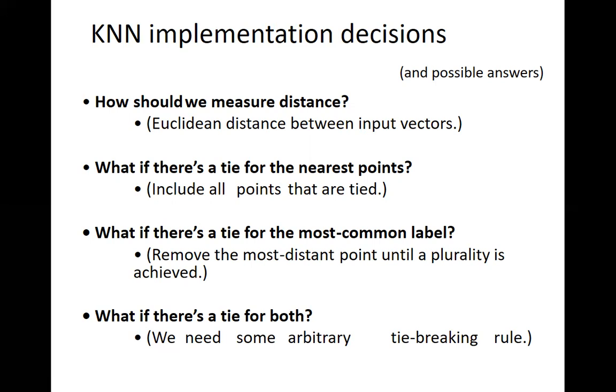What if there is a tie for both? Tie for both means, for example, 4 labels are there, two positive and two negative, and it's a KNN, k equal to 4 problem. 4 neighbors have been selected by the algorithm. Then what will you do? See, this was the problem we discussed before also in KNN. When you select K as 3 or 4, this kind of issue might occur. So in these cases, what are we going to do?